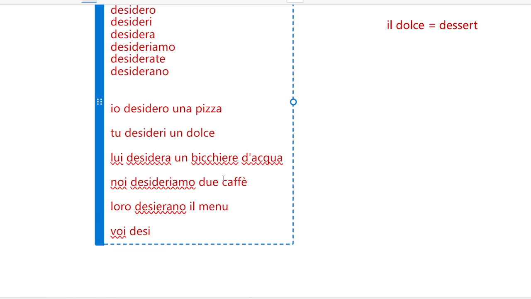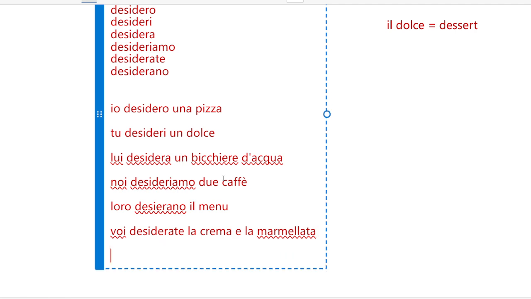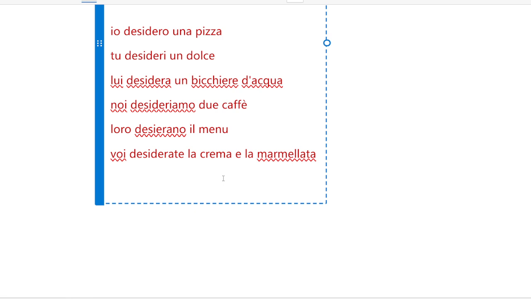Voi desiderate, let's say, la crema, la marmellata. Okay, so sometimes the waiter is going to ask you